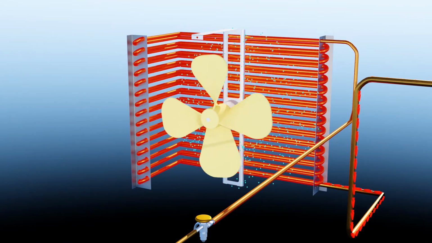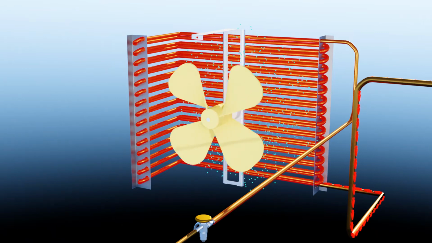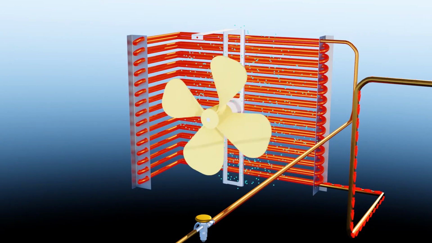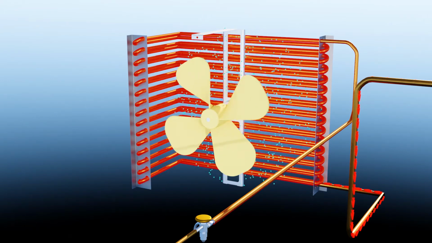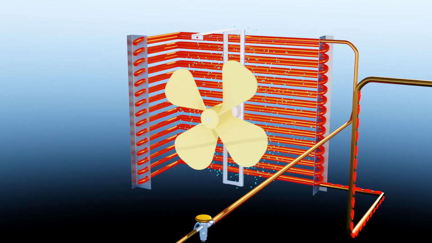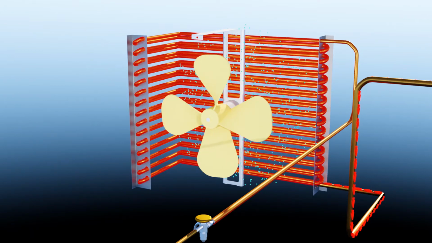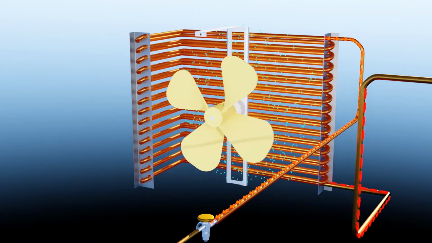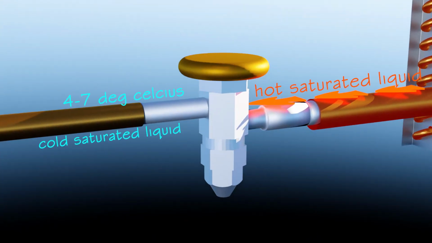All these heat conversions are based on the first law of thermodynamics, which states that you can neither create heat or any source of energy, nor can you destroy it. It can only be transferred from one form to another, which here in air conditioners is from hot to cold, and vice versa. After this phase change to liquid, the hot liquid coolant enters the expansion valve, where it gets expanded and converted into very cold liquid coolant. The temperature of the coolant exiting the expansion valve ranges between 4 to 7 degrees Celsius.